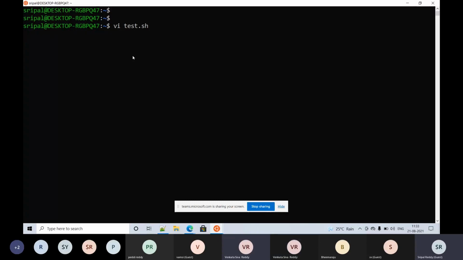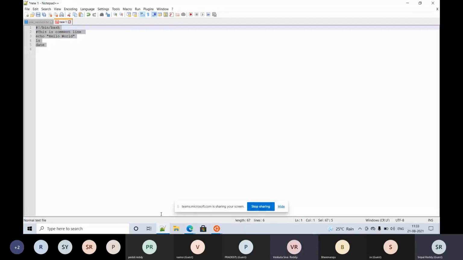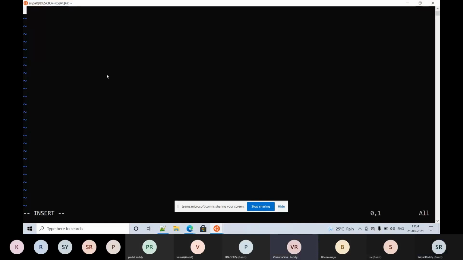For now, just remember that to input the content into a script, I'm using this editor. It's not allowing me to. Okay, so I'm writing the same script here again.